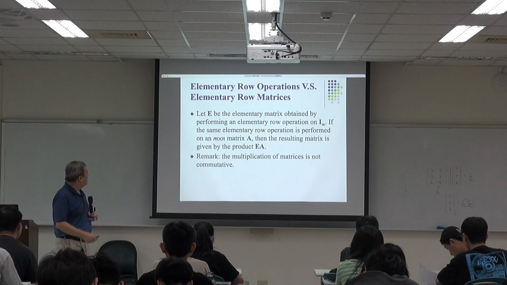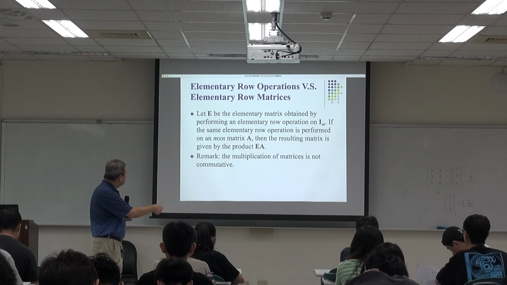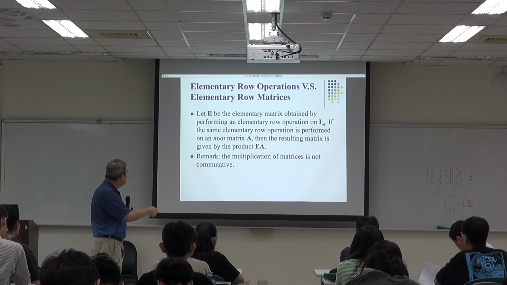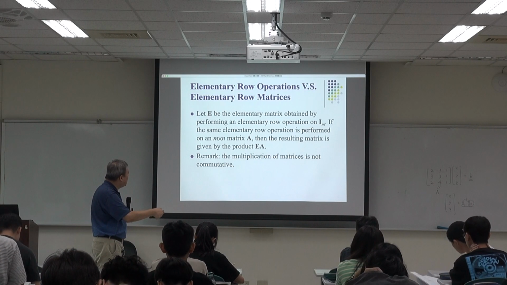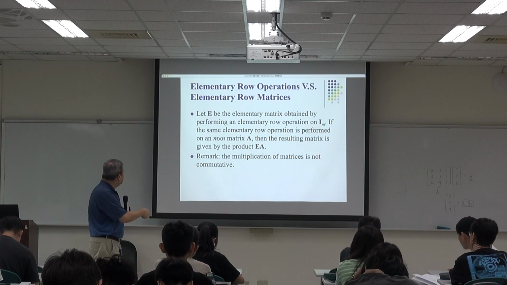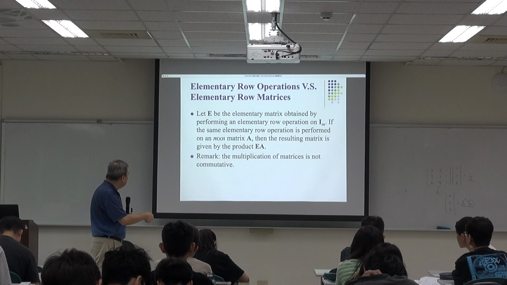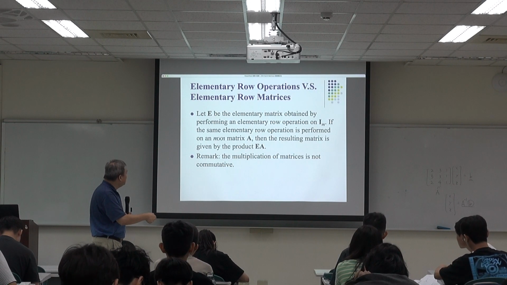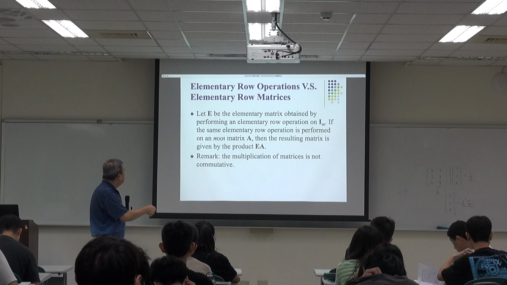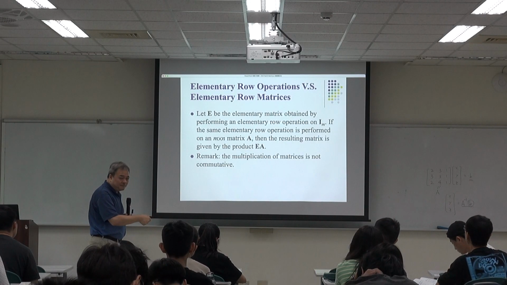So that is the elementary matrix obtained by performing an elementary row operation on I_m. If the same elementary row operation is performed on the n times n matrix A, then the resulting matrix is given by the product EA,